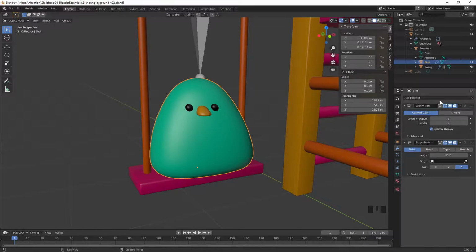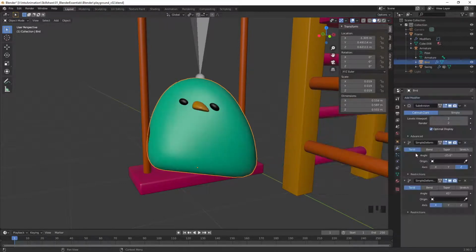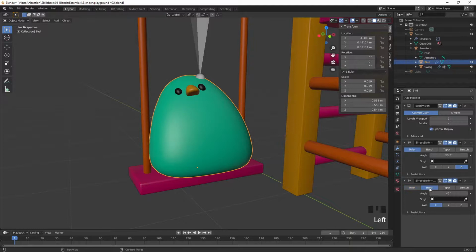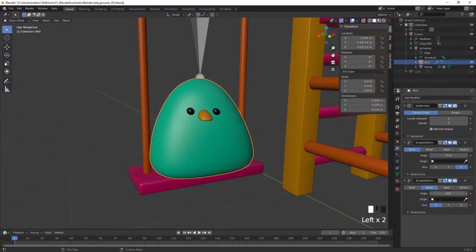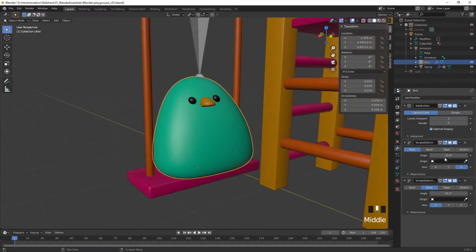And now if I were to add in a second simple deform modifier to this stack, we can now go in and apply a second effect. So if I select bend, I can now bend this forwards and backwards along the x-axis on top of my existing twist. And now my bird is looking up and to the side, and by adjusting these angle values